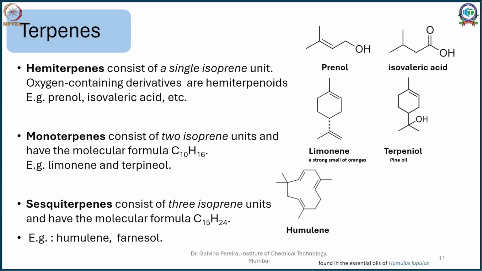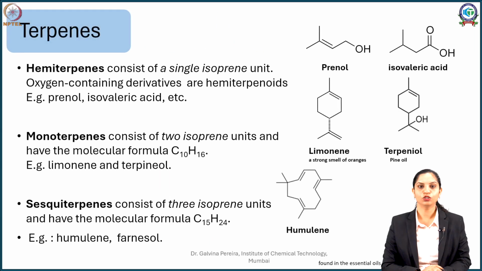Now going to a few examples of compounds. So when I am talking about hemiterpenes, hemiterpenes are C5H8 compounds. Now when I am saying terpenes, I mean hydrocarbons, but in some places you will see the word terpenoids. Terpenoids is when your terpenes are oxygenated. Carotenes is when it is hydrocarbon, carotenoids is when they are oxygenated. So whenever they are oxygenated, you replace the word terpenes by terpenoids.